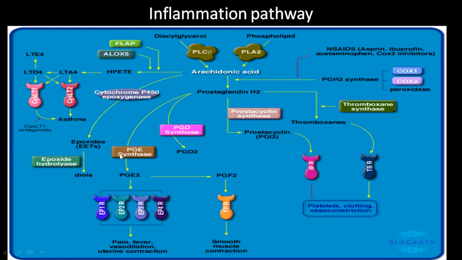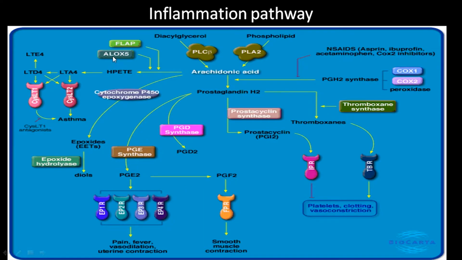In the prostaglandin pathway, we have enzymes like cyclooxygenase 2, which converts arachidonic acid into PGH2, and the PGH2 is converted by another enzyme called PGE synthase, which leads to pain, fever, vasodilation, and so on. Whereas simultaneously, arachidonic acid goes into the leukotriene pathway, where the enzyme called lipoxygenase 5 converts arachidonic acid into